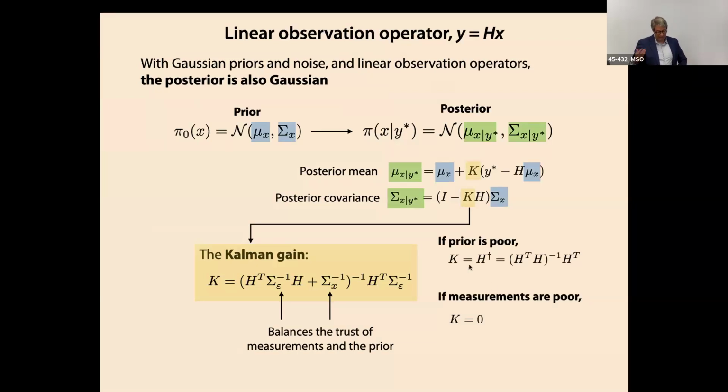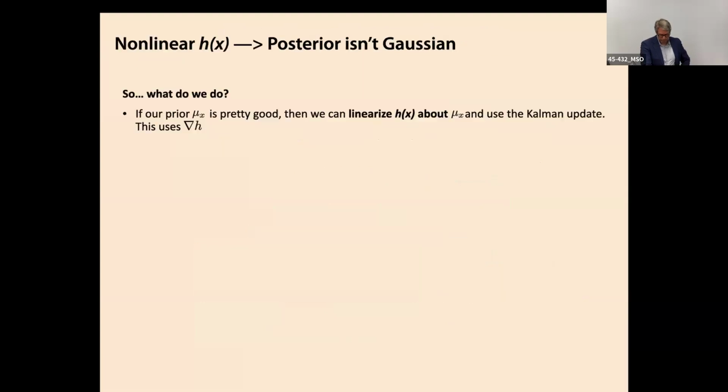And my prior becomes everything. I just rely completely on the prior, and the measurement update is just ignored because my sensors are noisy or something, right? So there's two different extremes in there, and it's usually somewhere in between, right? Okay, and then of course in fluid dynamics, it's almost never linear, unfortunately.